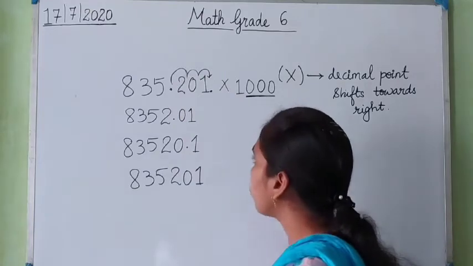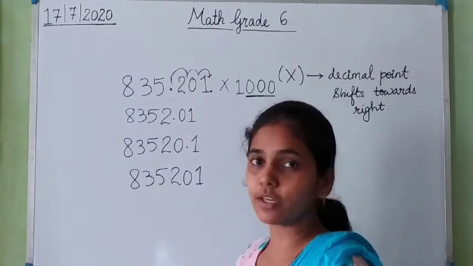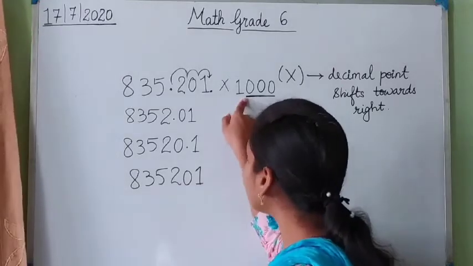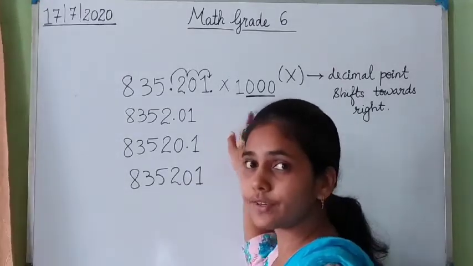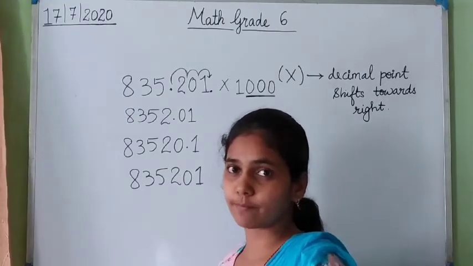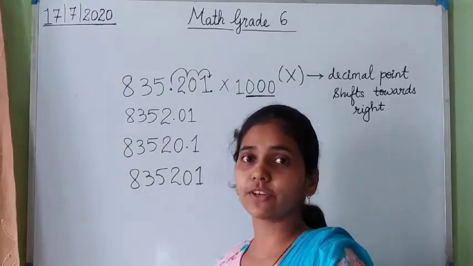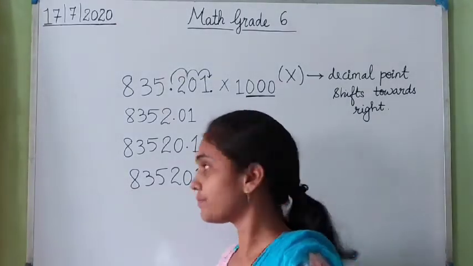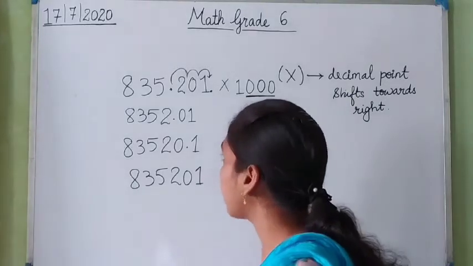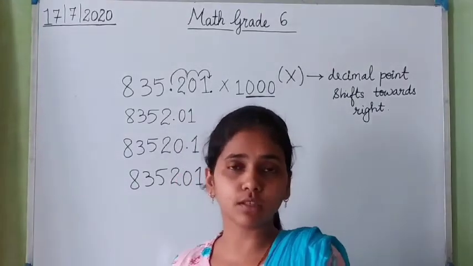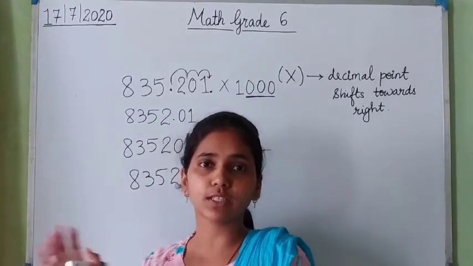Okay, so this is how we multiply a decimal number with powers of tens. Powers of tens means the number might be 10 or hundreds or thousands, or it can also be greater than 1000, like 10,000. But for now we are going to check only multiplication with 10, 100 and 1000. Okay, so this was about multiplication. When we multiply a number by tens, hundreds and thousand, then the point gets shifted towards the right.